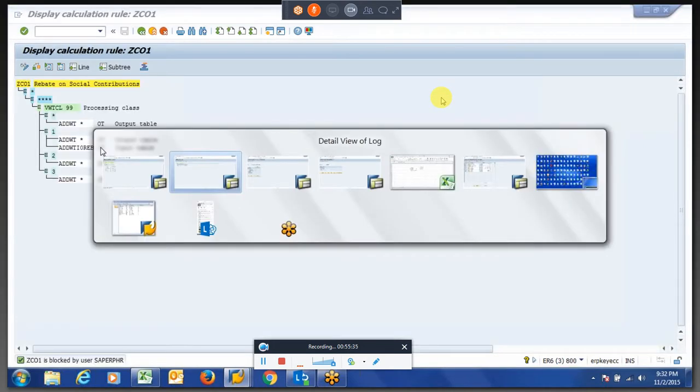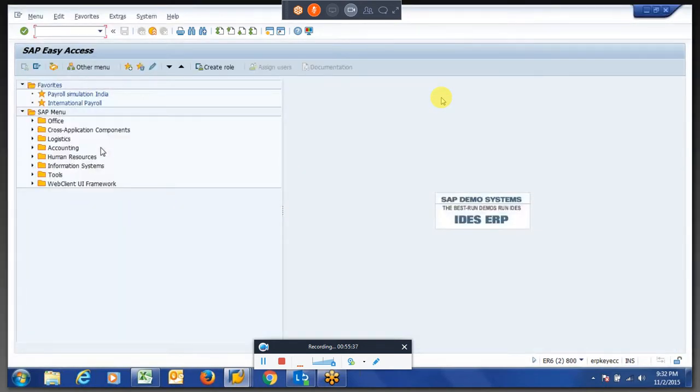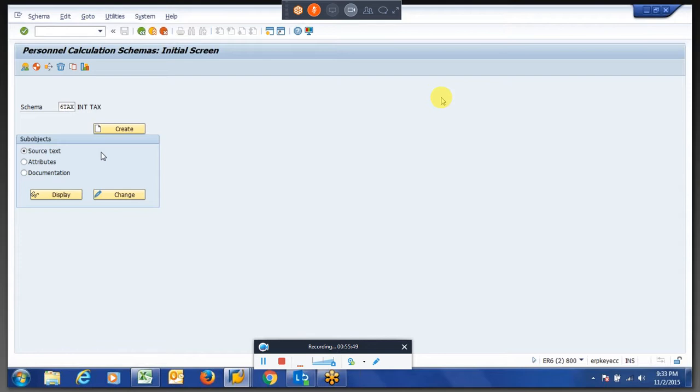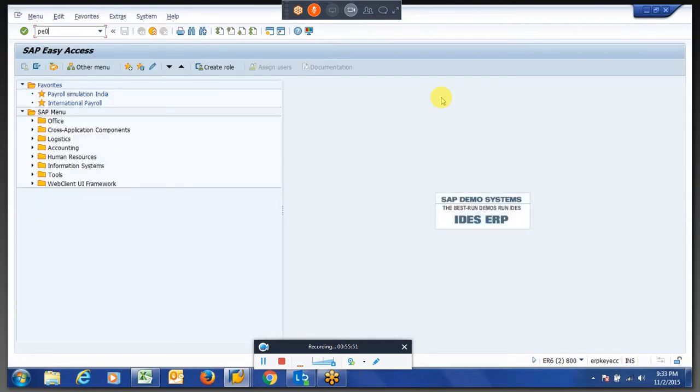Because we are straightforward, we are checking with these things. If you are checking these things, we should not write the rule directly. We have to compare the things.